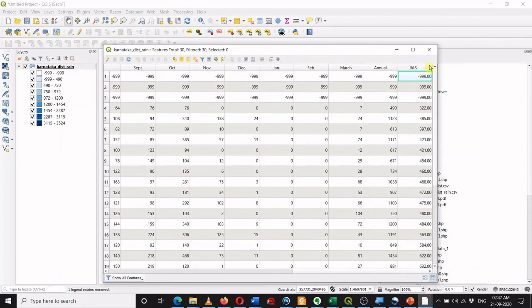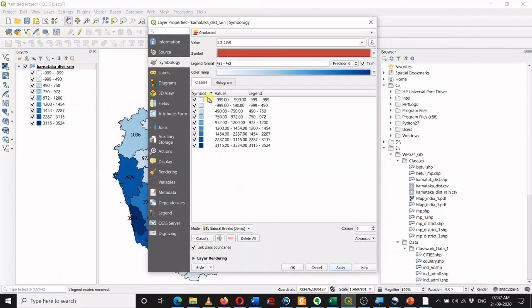and then I will again go back to the symbology and just say apply. So you will see the minus 99 values. There are no more values in the range of minus 3000.